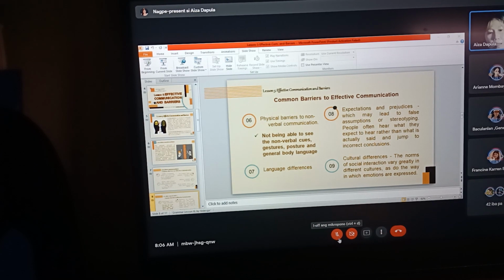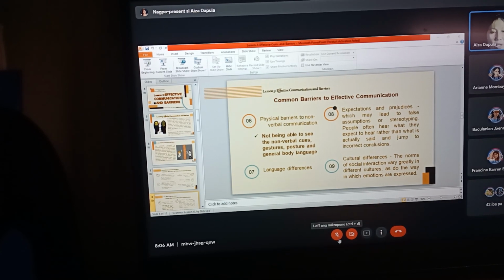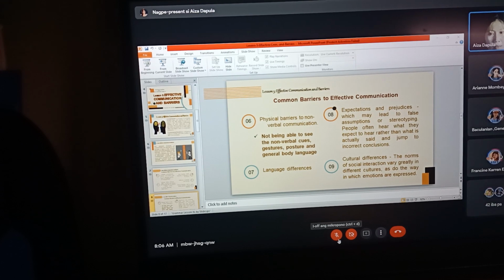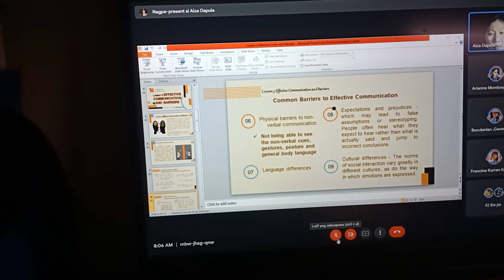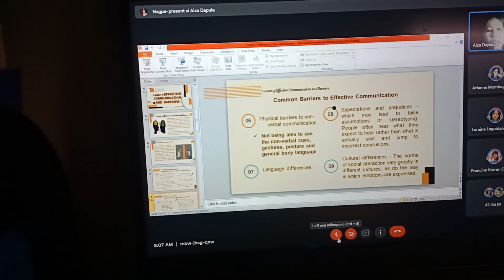Okay, number 6. Physical barriers to non-verbal communication. Okay, anyone? Anyone? Okay. So, physical barriers, ako na lang muna. Physical barriers to non-verbal communication. Physical means the distance of the sender and the receiver. Too,